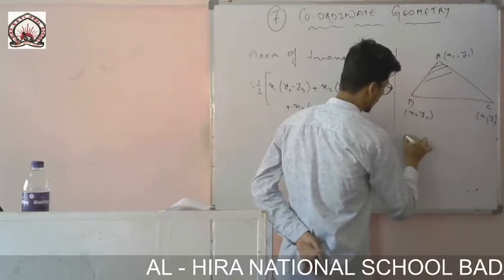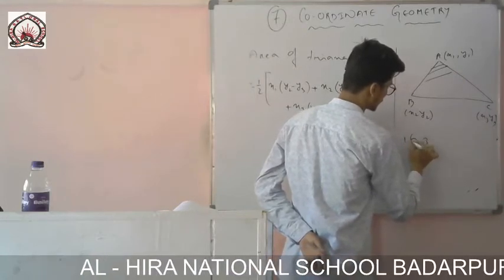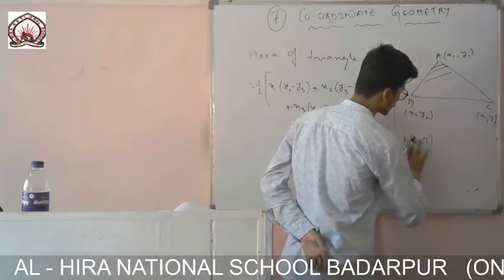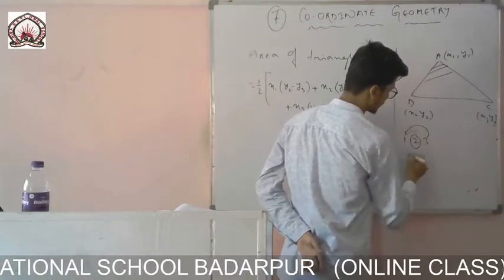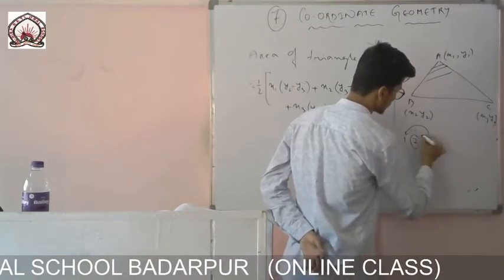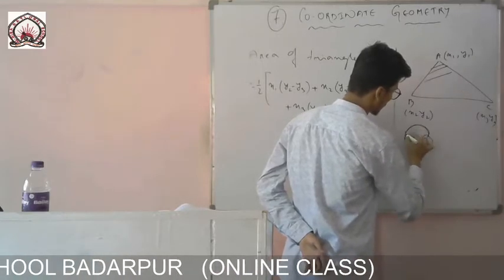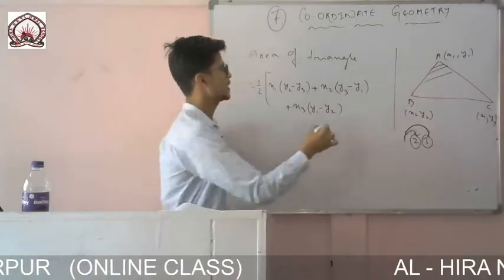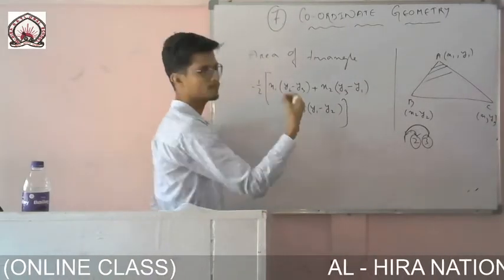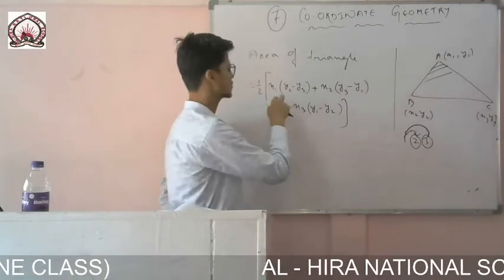First of all 1, it will be x1, then 2 3. Then if you take 2, then it will be 3, then 1. If you take 3, then after 3 what comes, 1 comes, then again 2 comes. So it will be like this. So very easy way to remember. If you read the formula 1 or 2 times, you can easily memorize it.